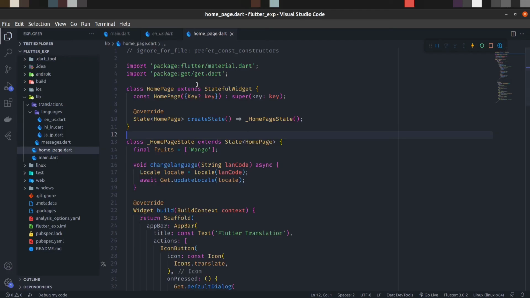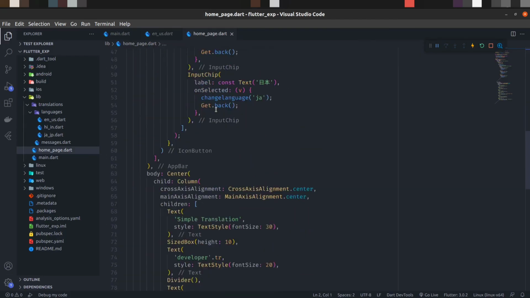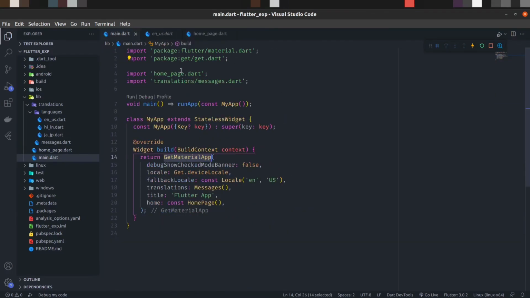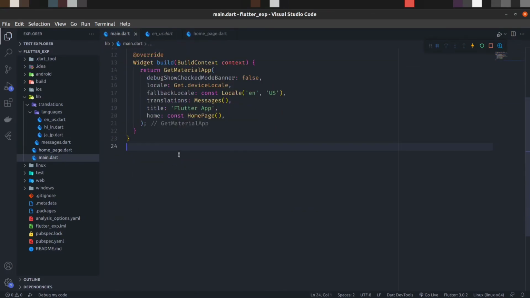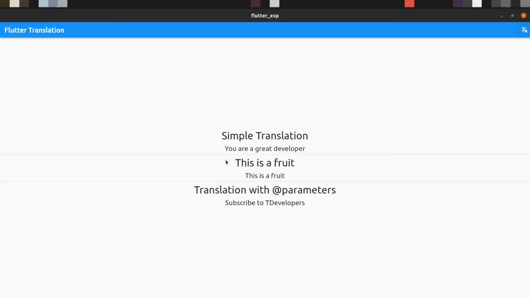I hope now you will be able to easily translate your application in as many languages as you want with the help of this GetX package, and it is way simpler than using any other package. That's why I used this package, and I demonstrated the flow, like how you can translate your application in the given language.